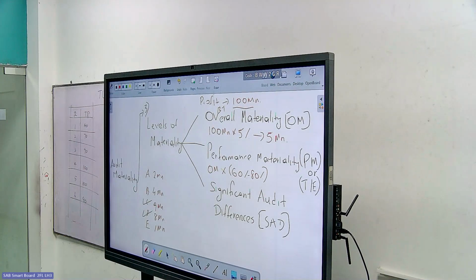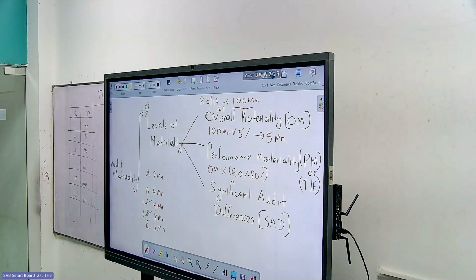In my car sale example, if you want to achieve 10 million, you will aim for 10.5, while the final amount you have to achieve is 10 million. In this case, if you want to say there is no material misstatement, there are no misstatements of more than 5 million,